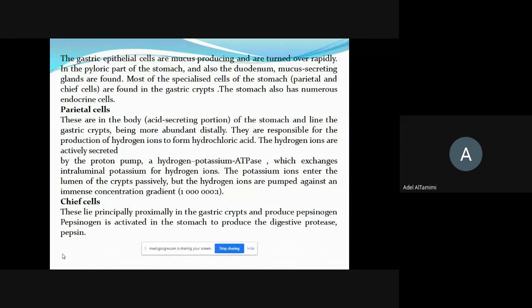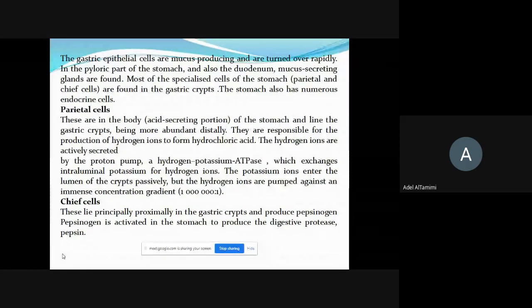The parietal cells are mainly concentrated in the body of the stomach, which is the acid secreting portion of the stomach, and line the gastric crypt, being more abundant distally. Distally, I mean distally within the crypt itself. As you know, the gastric crypt sinks down within the gastric mucosa, and these parietal cells are present within the body of the stomach, especially within the distal part of the crypt. They are responsible for production of hydrogen ions and